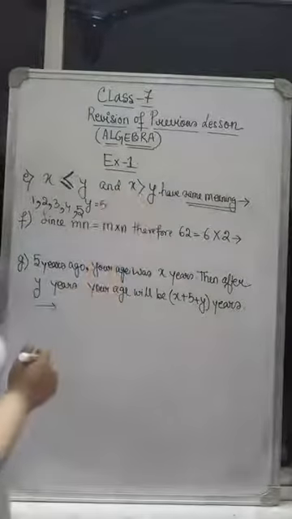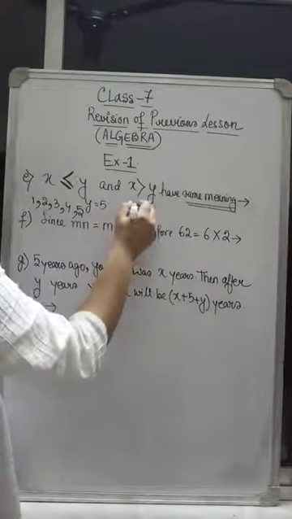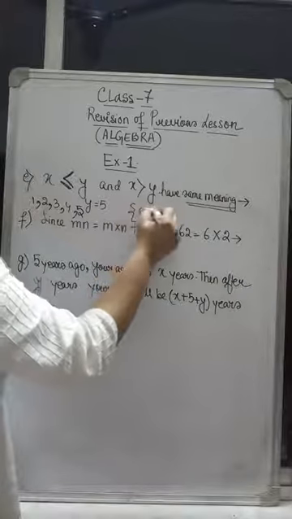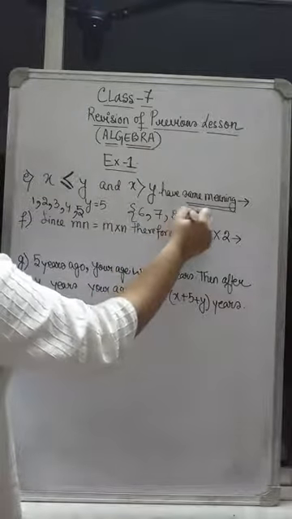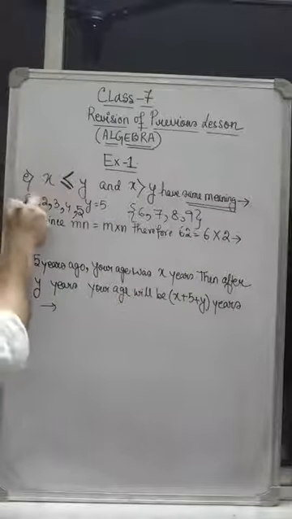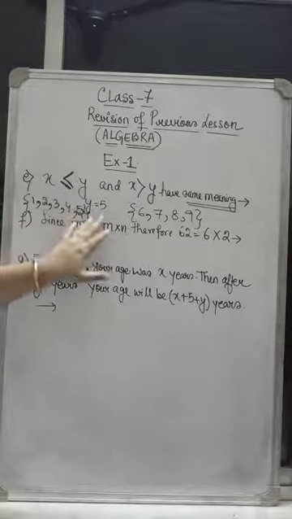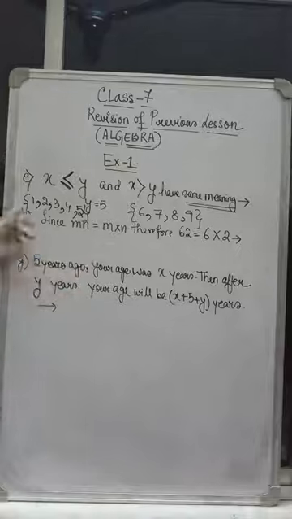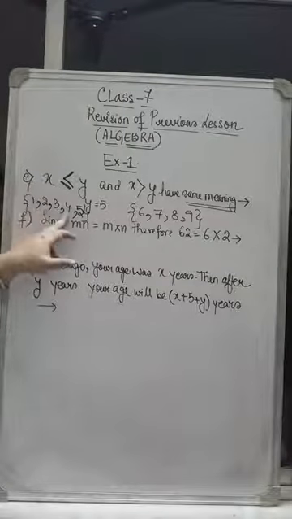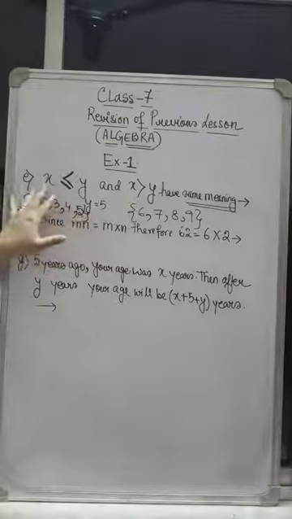So here x greater than y, where y is 5, means x value can be 6, 7, 8, but it has to be strictly greater than the y value 5. So are these matching? No. Here x is less than or equal to y means if the value of y is 5, then x can take all the values which are lesser than 5 or equal to 5, because x can also be equal